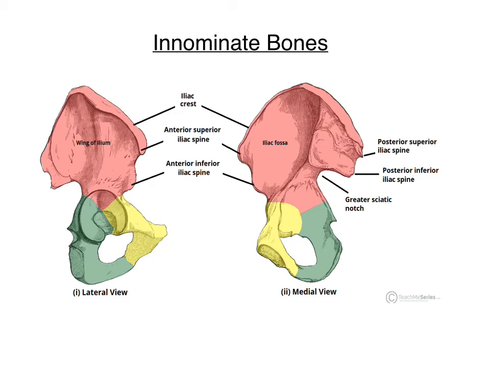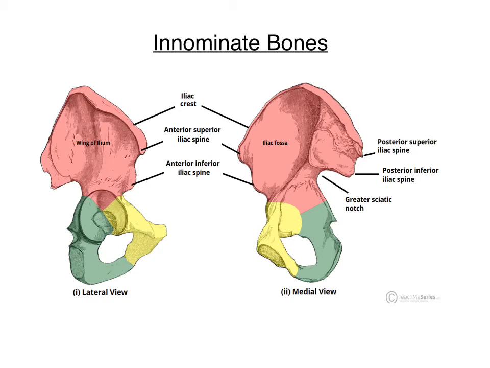Behind and a little above the tuberosity is an inward projection, that is the ischial spine. You can see a small inward projection, that is called the ischial spine. This is very important in midwifery, where we correlate the head with the ischial spine to find the station of the head. When the fetus is descending in labor, the station of the fetal head is estimated in relation to the ischial spine.